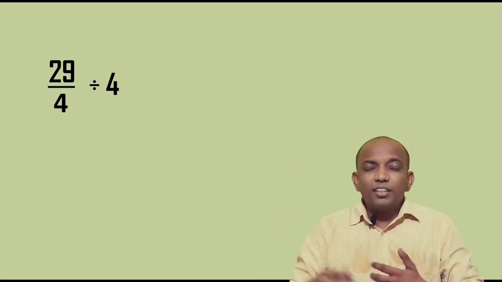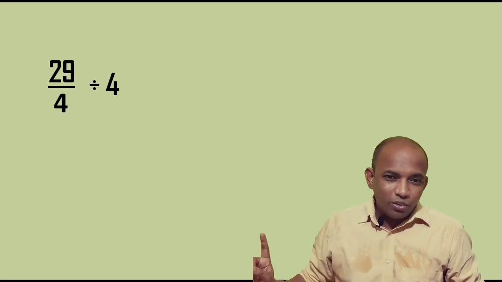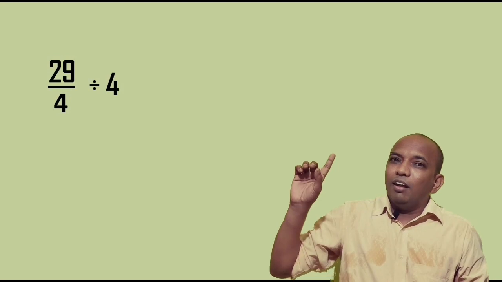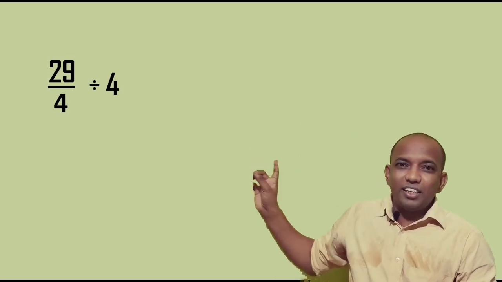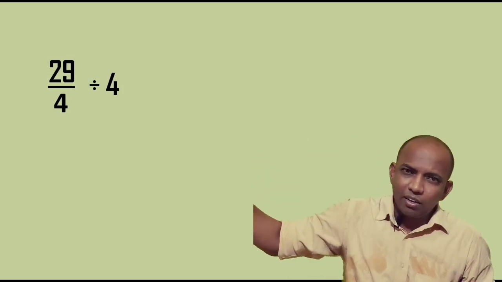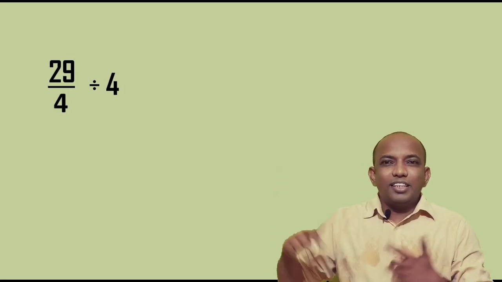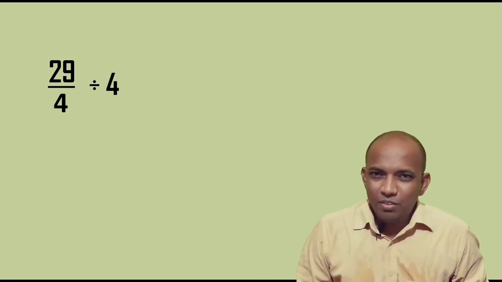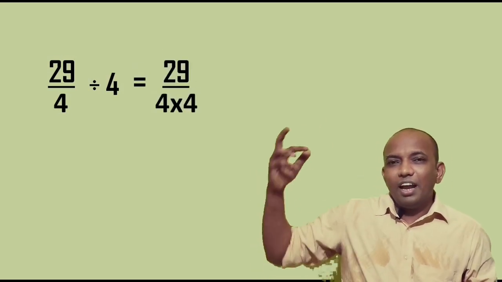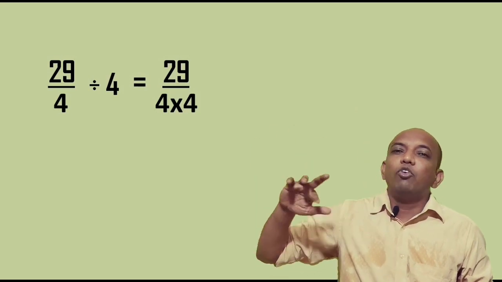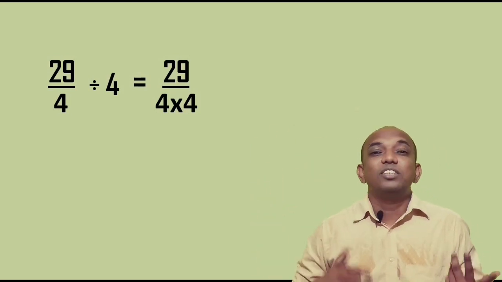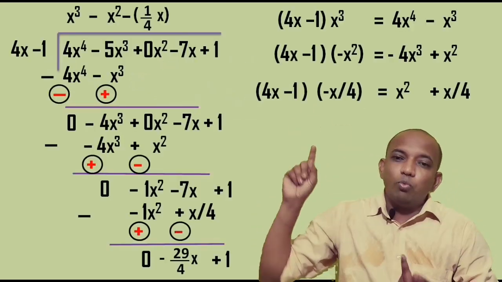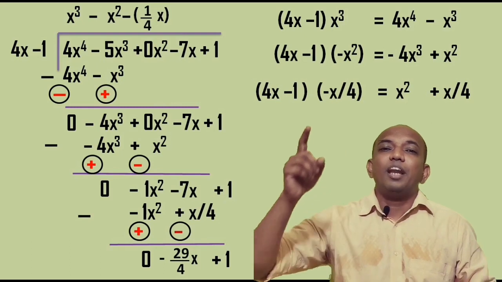So in other terms, check out over here, 29/4 is the coefficient of the first term of the dividend. Then we have divided by 4, this 4 is from what? Divisor part. Then what to do? Yes, second part is this 4 will be written in the denominator, in the multiplication, correct? As a result, what do we have? We have 29 upon 4 into 4. Yes, and that gives the answer 29 upon 16. That means in the quotient, what are we going to utilize? Yes, this 29 upon 16.